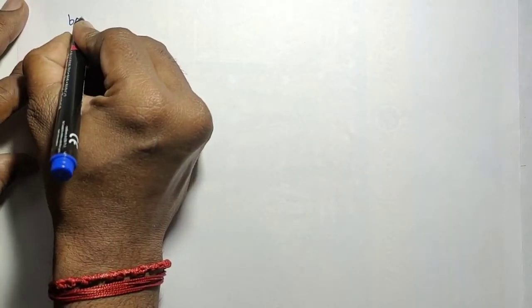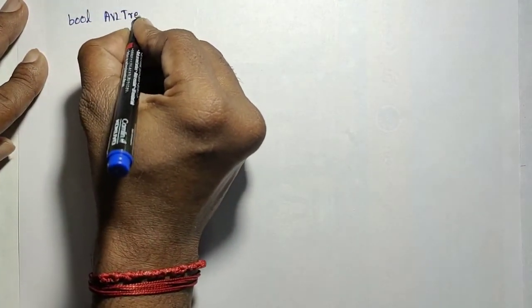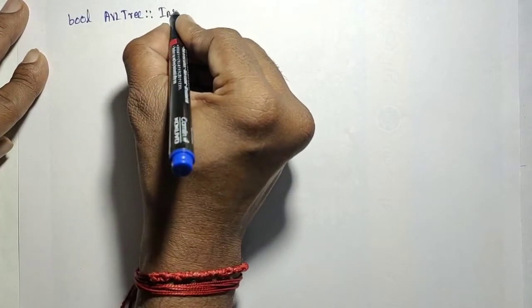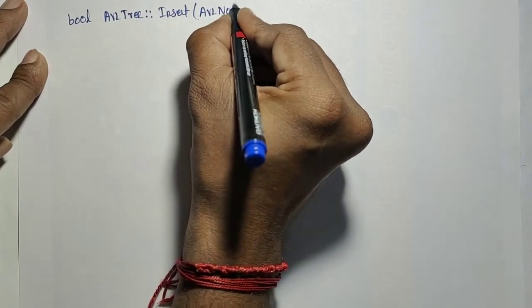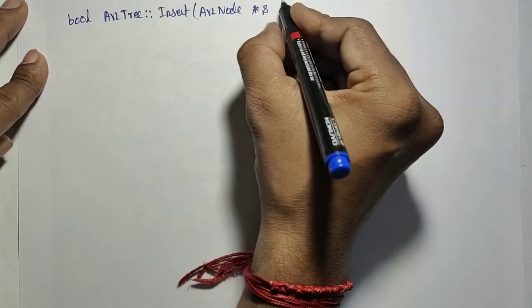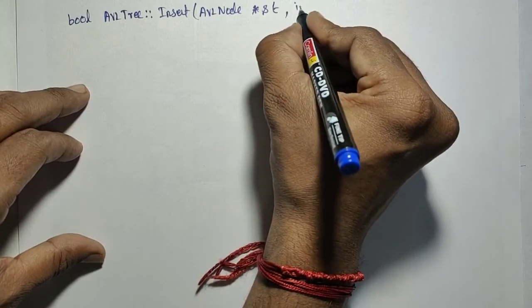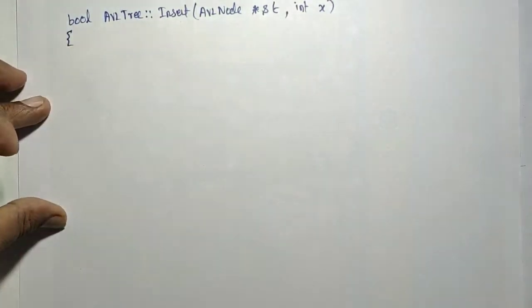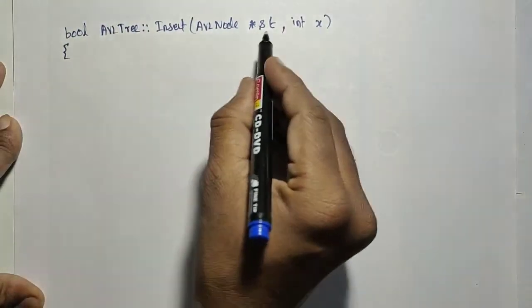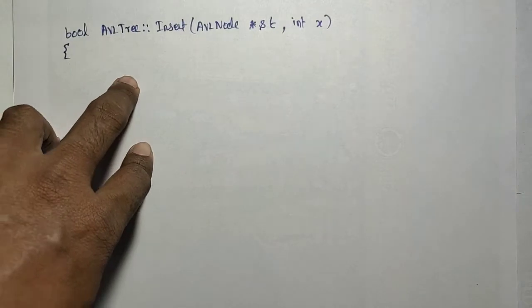This is very simple. Okay, insertion boolean, okay, AVL tree insert, the same function name but the 2 different arguments. One is that AVL node star ampersand some variable, that is r, rt. Okay, and then int data. So the data is going to be X here. Okay, AVL tree insert t comma X. Very simple strategy for insertion by using the recursive algorithm.